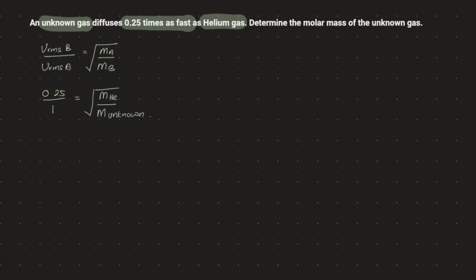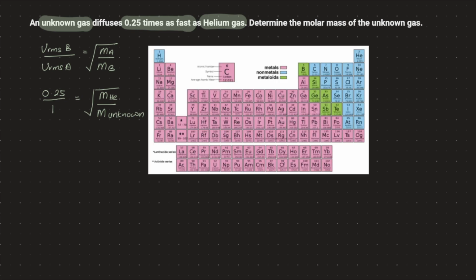Right, so what we are going to do now is refer to our periodic table. From the periodic table, we need to look at helium. The molecular weight of helium is equivalent to 4, so we're going to write 4 here. And then the unknown is equivalent to 0.25. Because we have a square root over here, we're just going to raise to the power of 2 on both sides. So what we are going to get is 4 divided by the molecular weight of the unknown